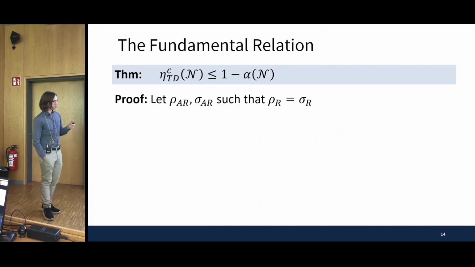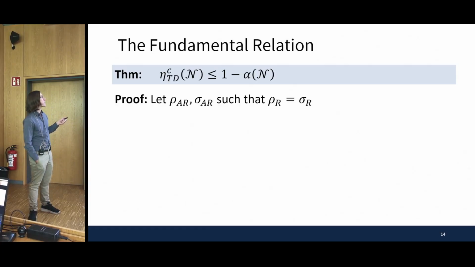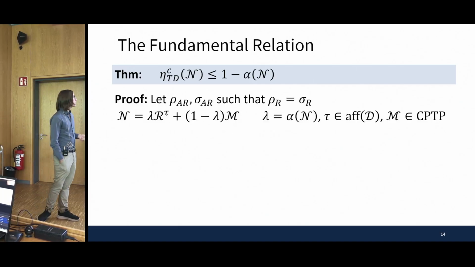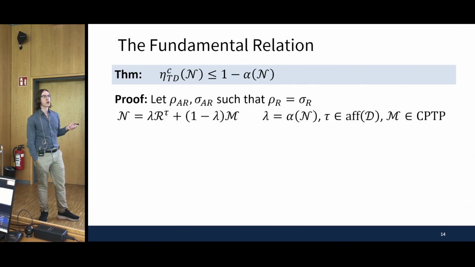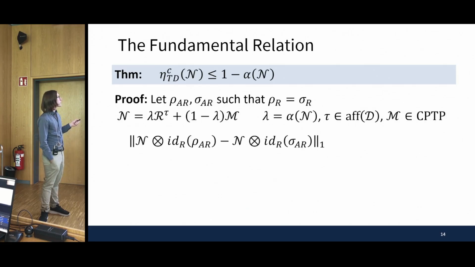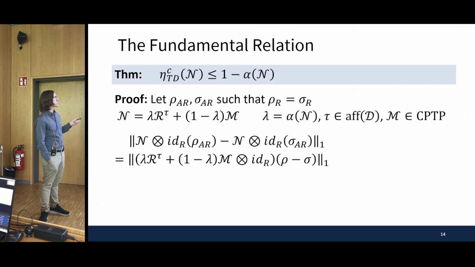Okay, so we start with two states, arbitrary ρ_AR and σ_AR, where they have the same reference marginal, because remember that's what we care about for contraction coefficients. Then we take this reverse robustness idea that I introduced earlier, so we've decomposed our channel in this way. And then we can look at the thing we're interested in, which is the difference between the states under this channel. But then I can apply the reverse robustness so that I've got this replacer channel and